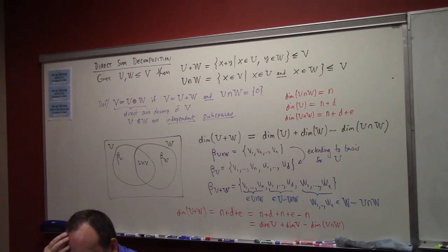I set it equal to 0 in equation star. I solve for the vector in W, which I guess is minus Y there. And I show that vector is in fact in the intersection. So that means I can write it